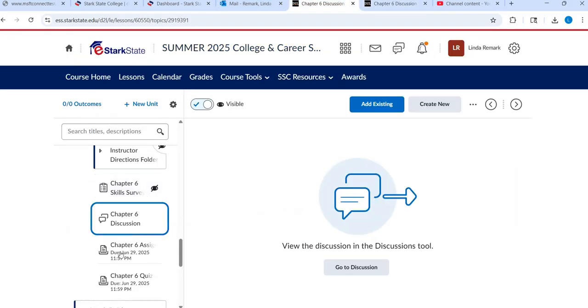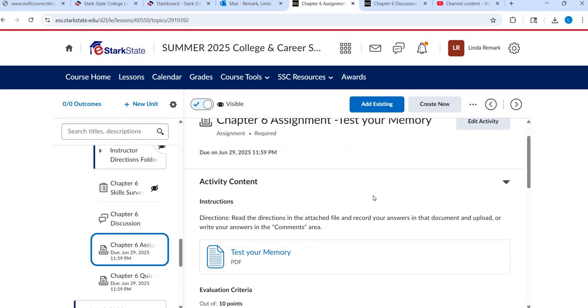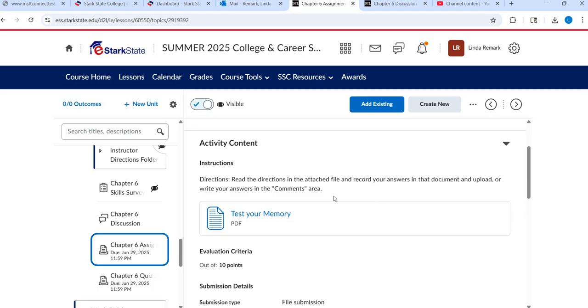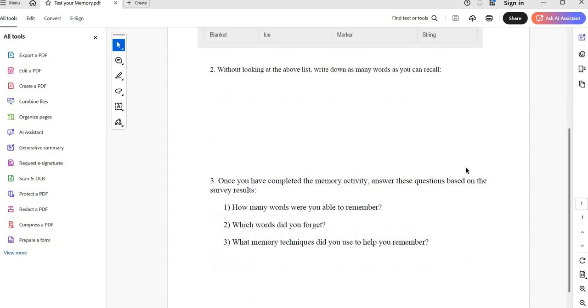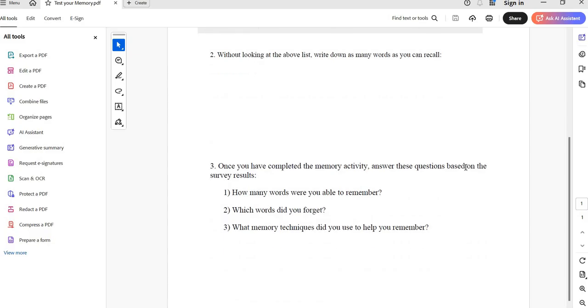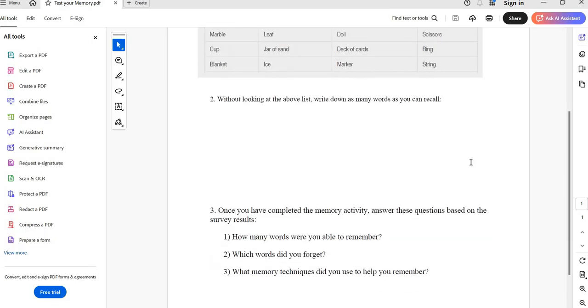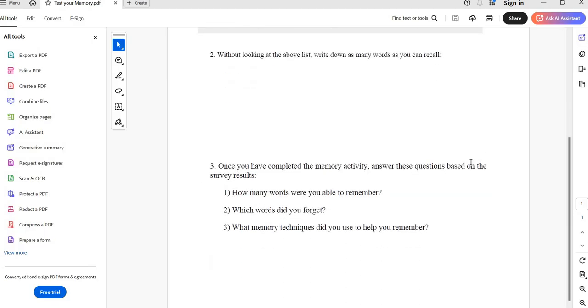All right, let's take a look then at your chapter 6 assignment. So for this one, I'm going to ask that you stay honest with me because you're going to pull this up. It's going to be a PDF called Test Your Memory, and you're going to have this screen in front of you. I'm going to scroll down real quick so you can't pause the video, although I'm sure you could. But what I want you to do is be honest with yourself and spend about 30 seconds at that table up here. 30 seconds memorizing those words in that table, whatever strategy you need to use. Then scroll down so you can't see it anymore.